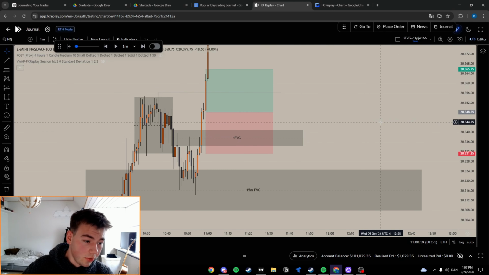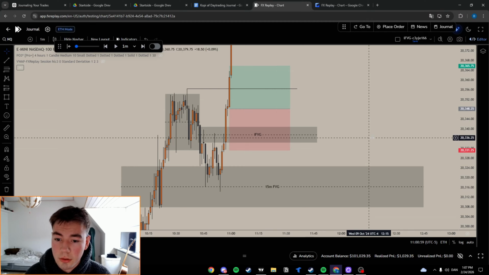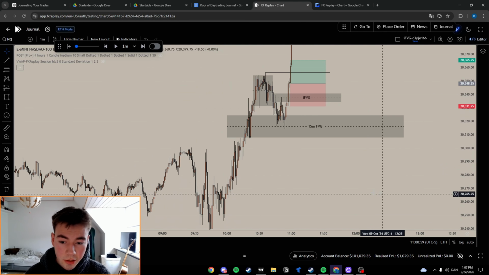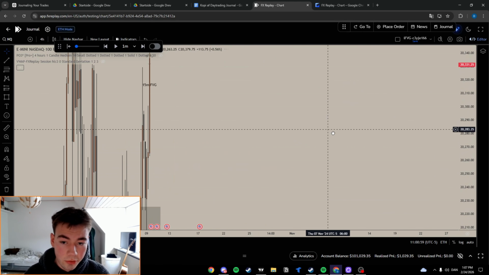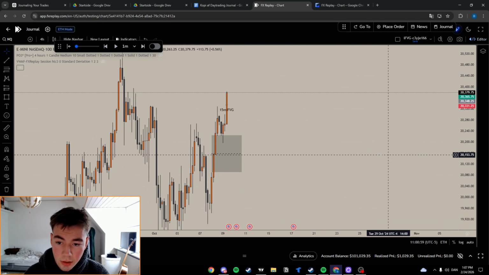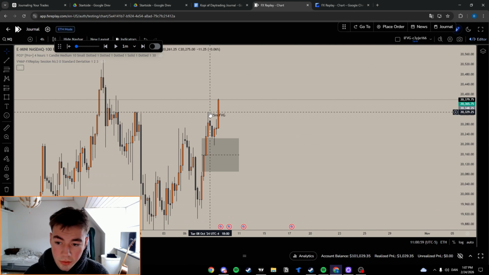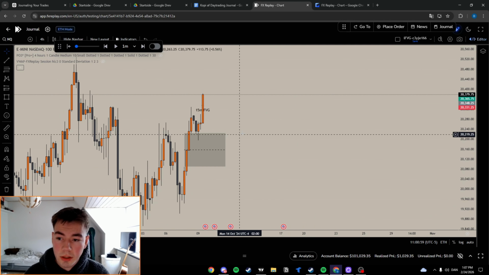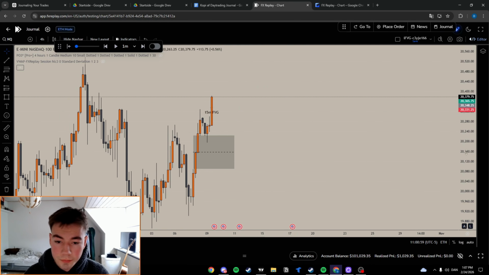I just realized I was paused on OBS and I have been writing all this right here. But anyways, I took this trade right here. I don't want to do this again because it took a while. But anyways, we can go over the trade real quick and go over what I wrote in the journal.